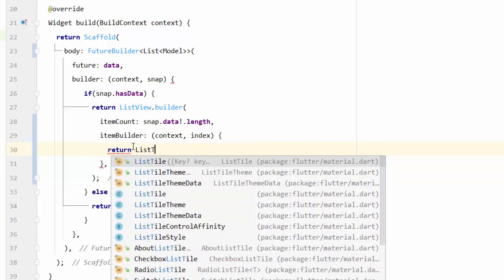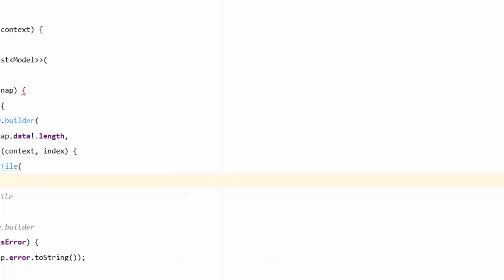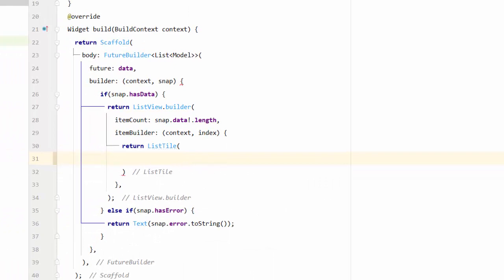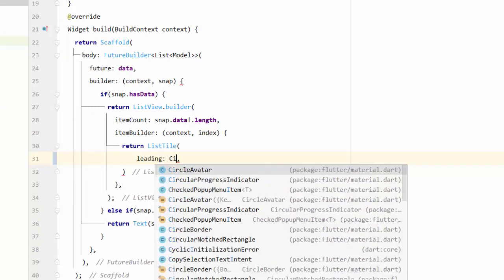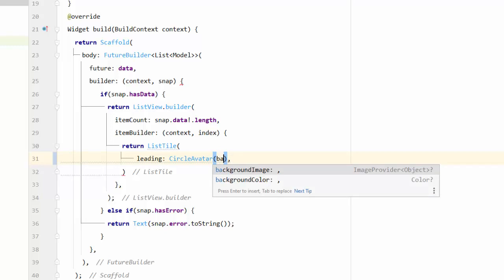List style is like this. For example, I need to add here a picture, or a number, and here add the ID or whatever, anything you want. So here I can say list style, we have leading. In the leading I can add a picture, so I can say circular avatar, this is a picture, give me a circular picture, and inside it a background image for example,